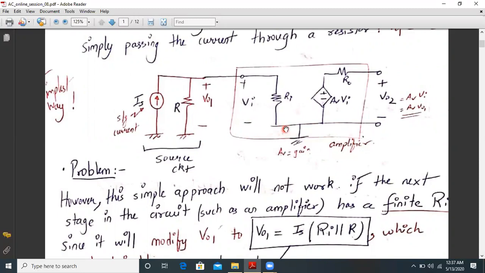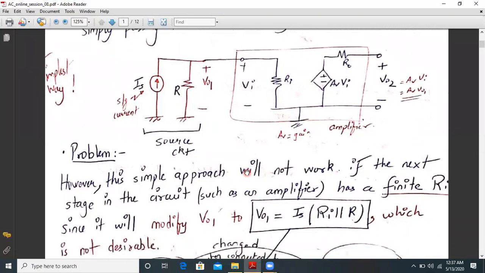This amplifier has a finite input resistance. So when you pass this current through this resistor, this resistance also will come in parallel. So my output VO1, which should be Is into R, will not be equal to the current into resistance, but will be equal to this current into the parallel combination of these two resistances. So that will not be an accurate conversion of a current into a voltage.